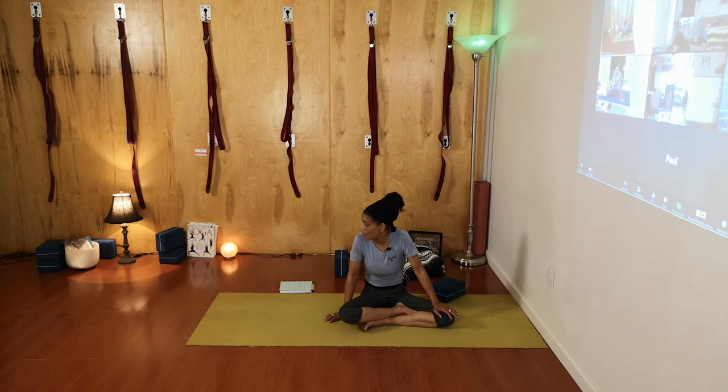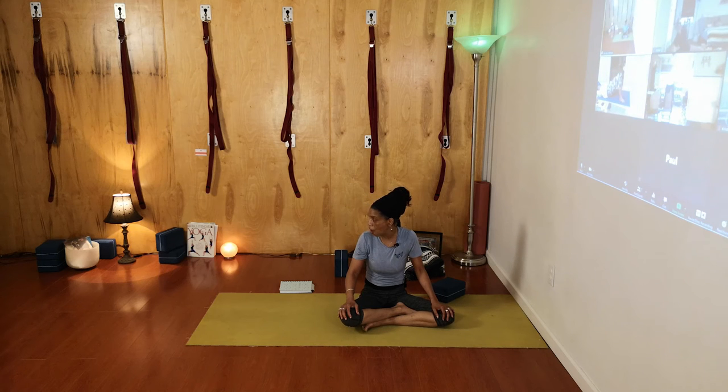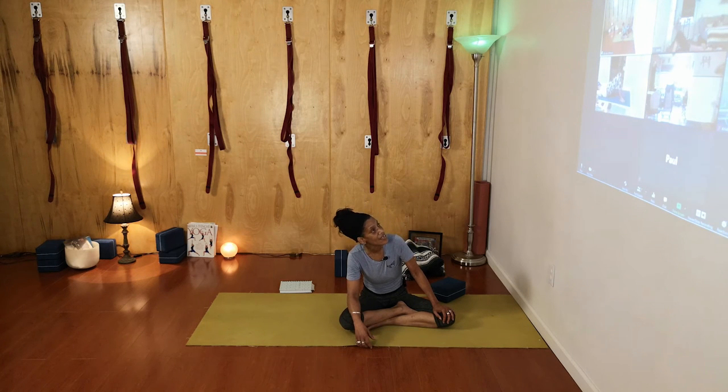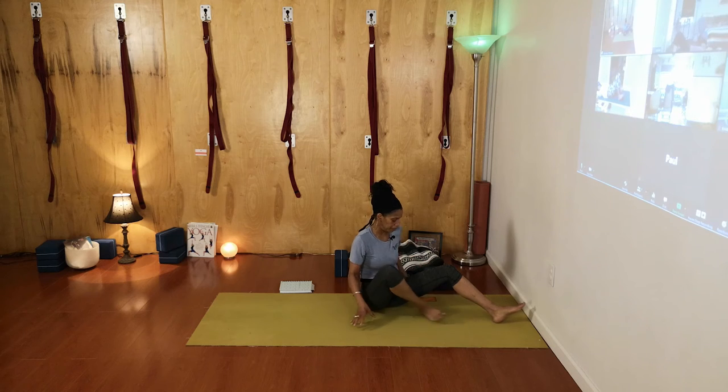So focus outer hip, outer foot. Press that foot that remains on the yoga mat. That foot is controlling or helping you control that hip. So really push all 4 corners of the foot. Good. 3 times on each side. Perfect. And then when you guys are done,